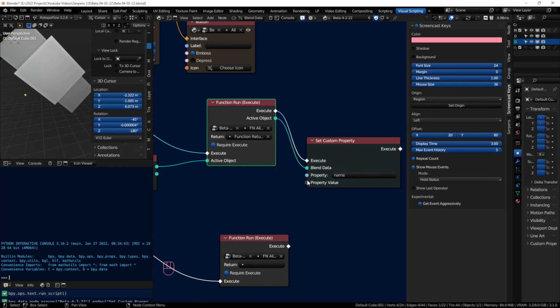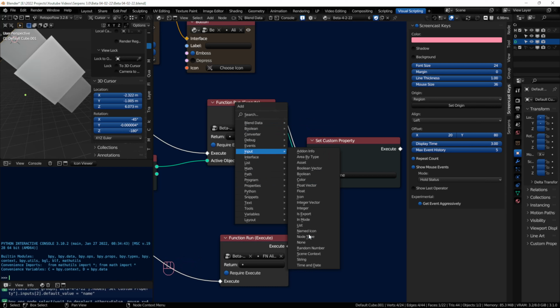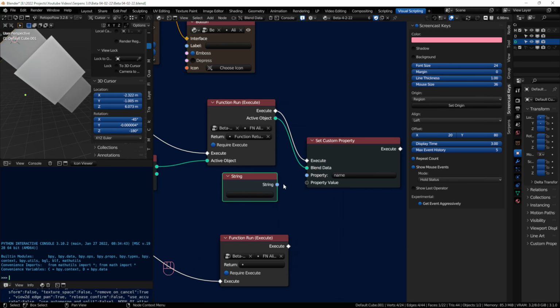Set the name on this just for fun, and I'll use a script or a string. Input string. And let's say we want to change our property to say